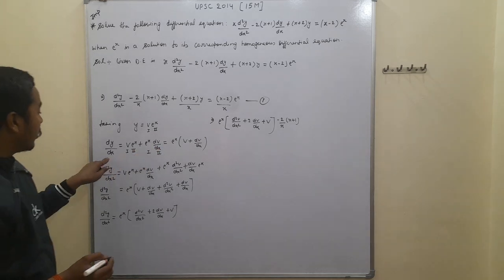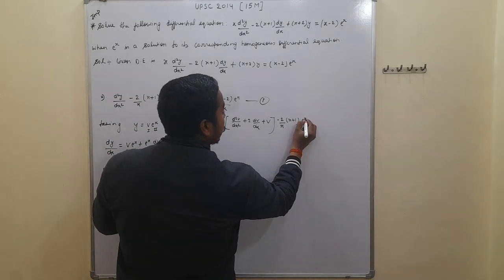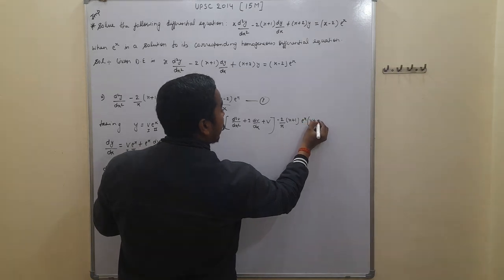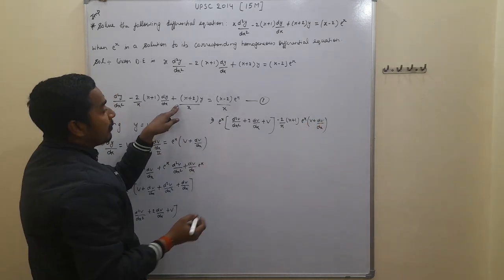This is given by e to the power of x into v plus of dv upon dx, and here plus of